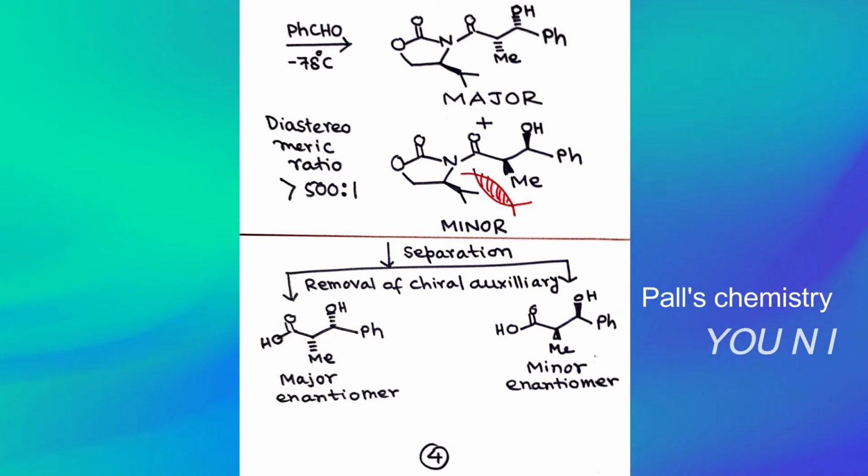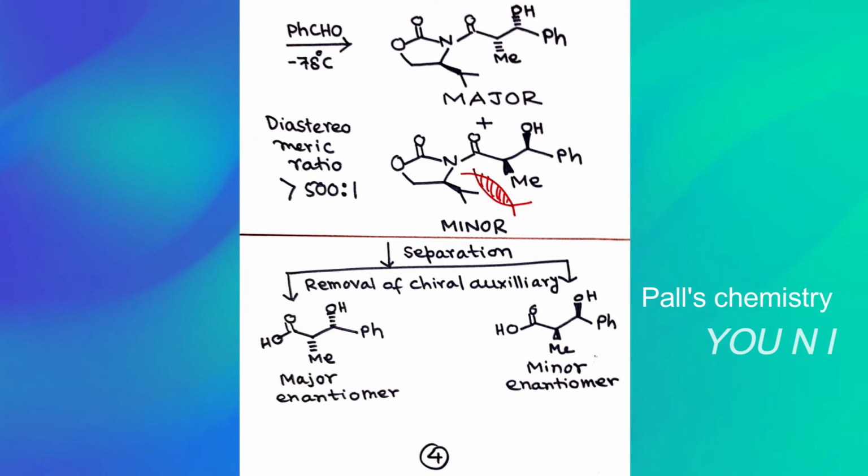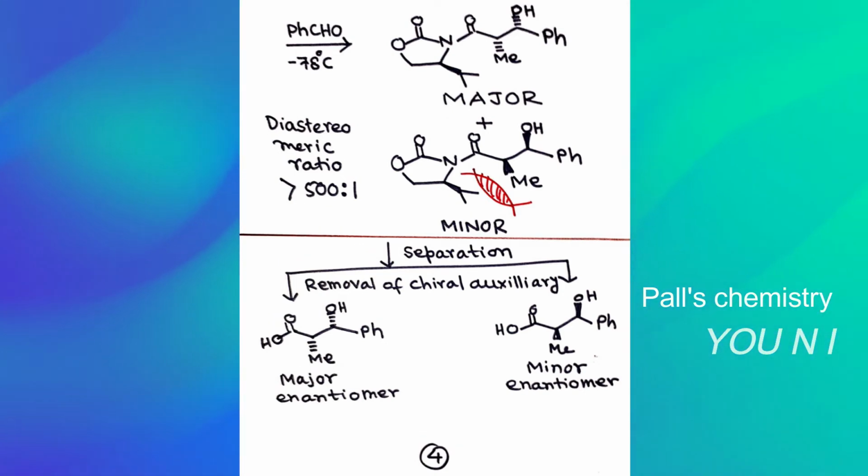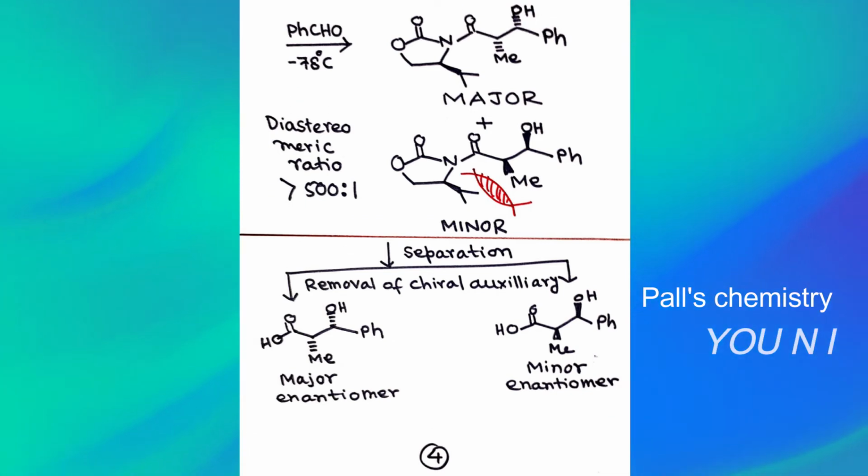That will be the major syn product, and the minor syn product will be having OH and the methyl above the plane, syn with respect to the isopropyl group, means the isopropyl group, methyl group, OH group, these all will be oriented on the same side, and that is the beta side, means above the plane,